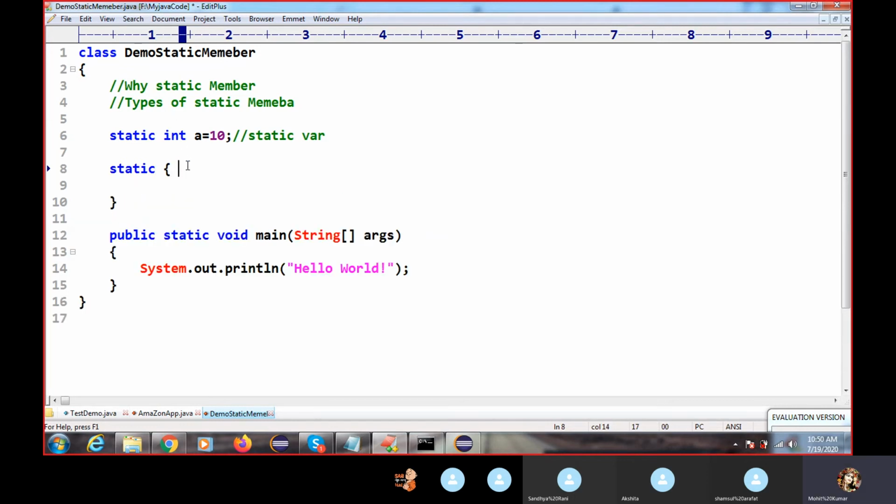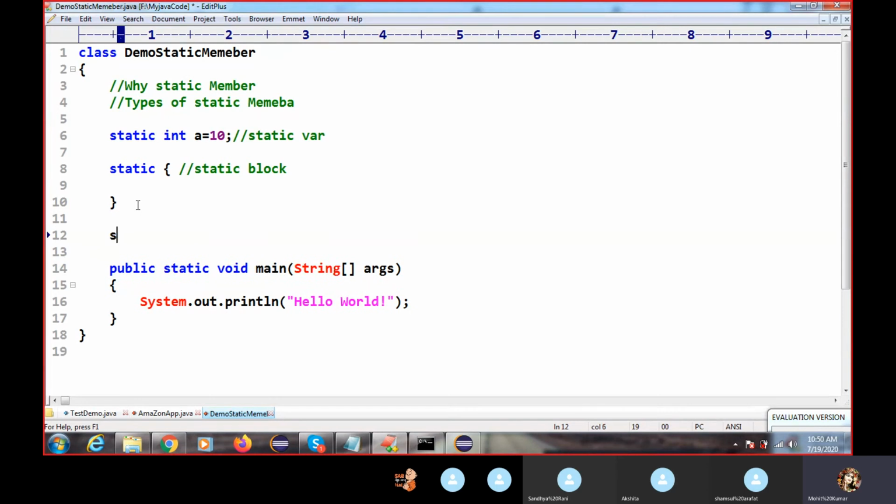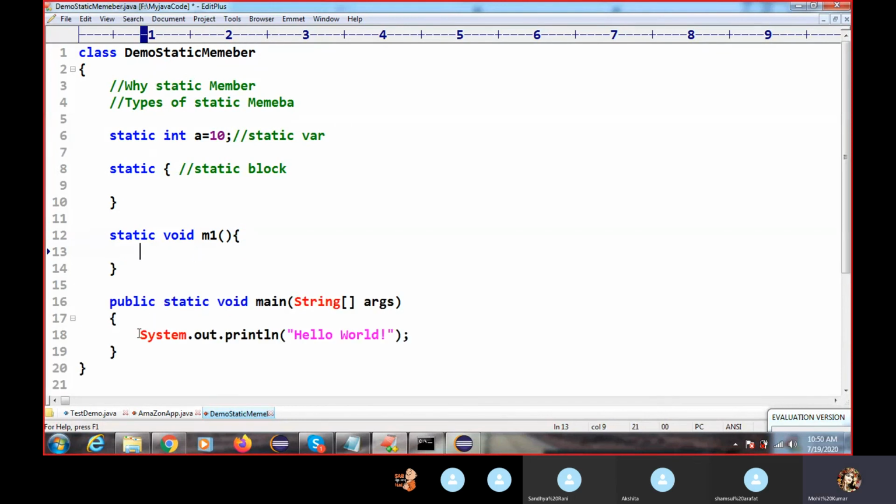This is your static block, and this is your static method. These are the static members, right? These are the static members.